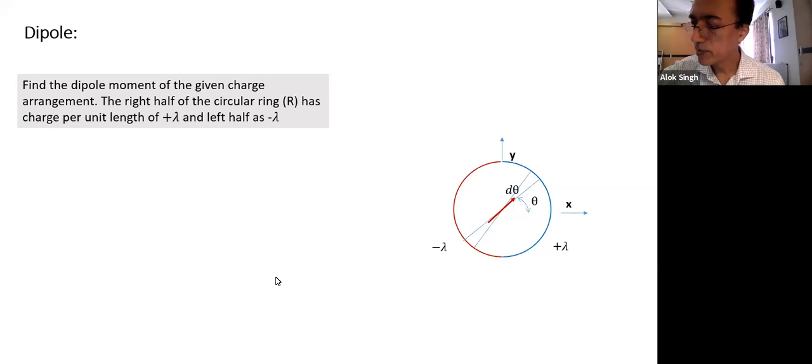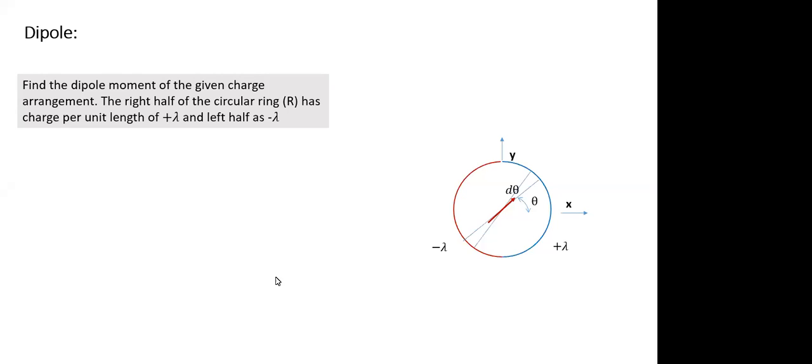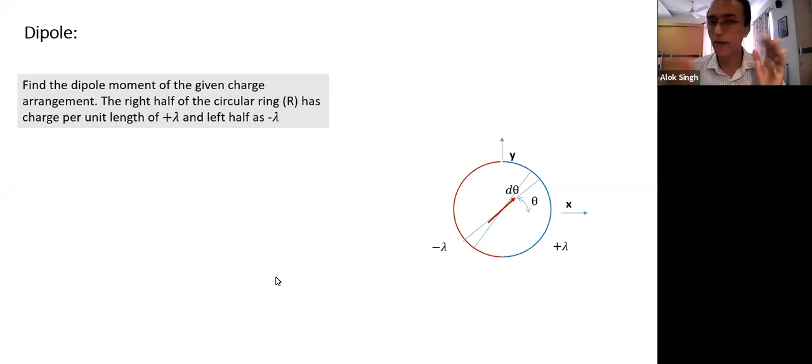First, you tell me, does it look like a dipole moment in terms of unit? It has to be charge into length dimension. Lambda is charge by length, and you are multiplying by r, so it is only a charge unit. 2 pi r lambda is a unit of charge, not a unit of dipole. Are you getting my point? So what has to be the unit of dipole? The unit of dipole has to be charge multiplied by the length dimension.